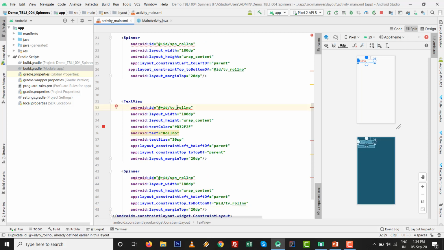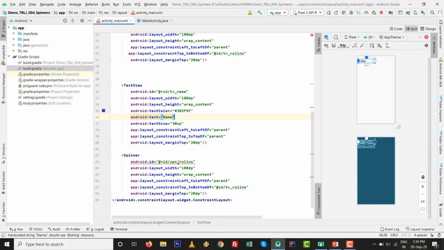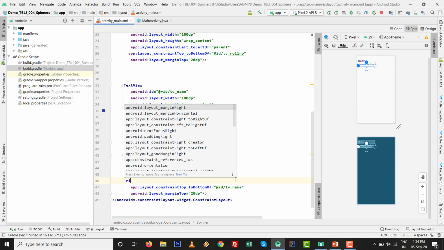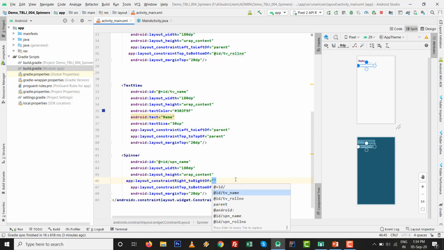So one thing, it is TV name. If you want to set the name, then inside the text, make it with the blue color, and SPN name is there. So it is inside the TV underscore name. But it is not left to left of, it is right to right of parent.